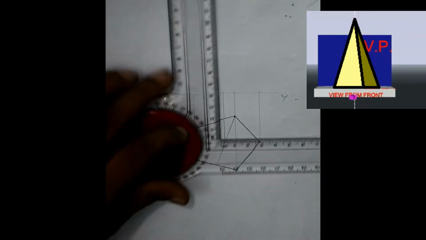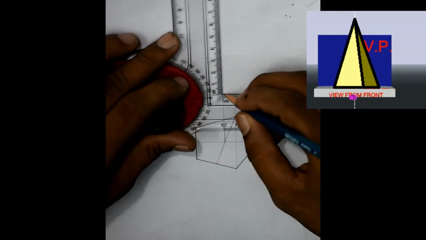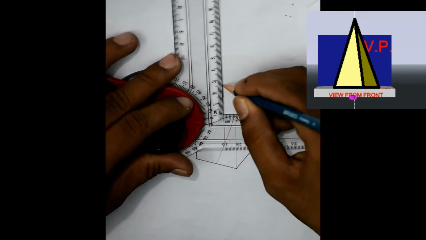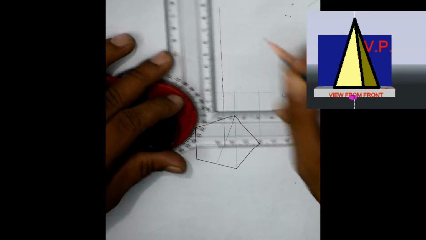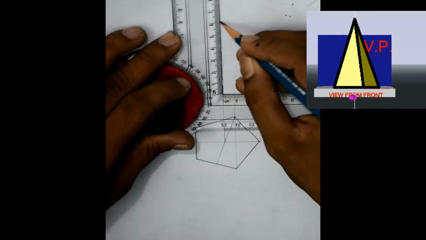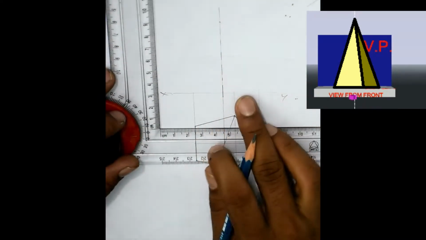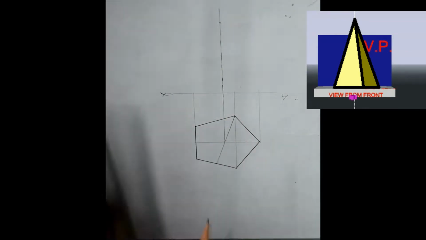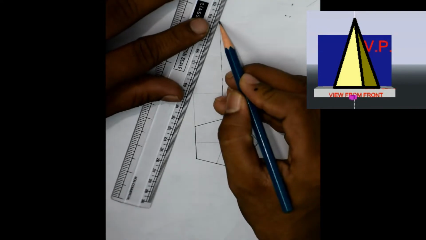So now I will draw the axis height here. I am drawing the axis. The height is 60. I am marking 60 here.